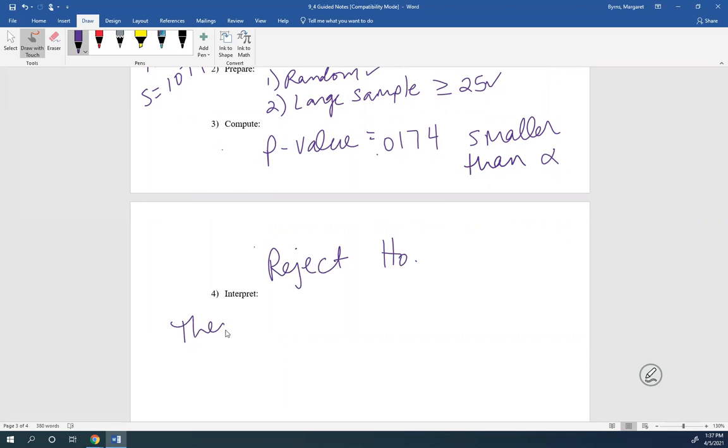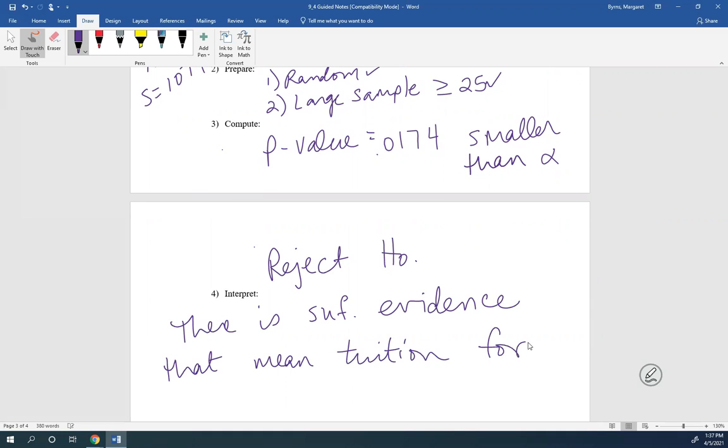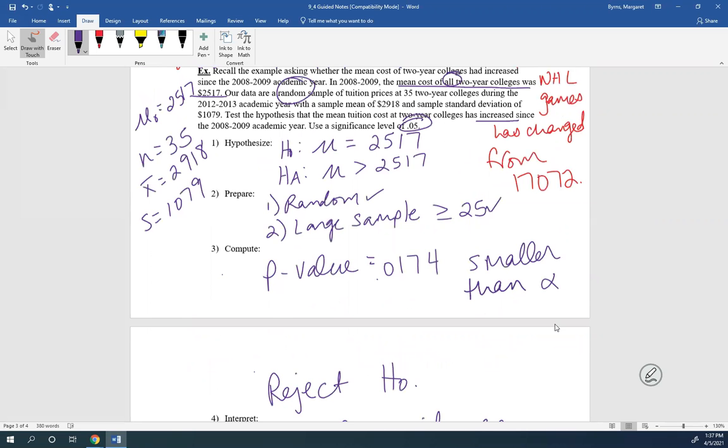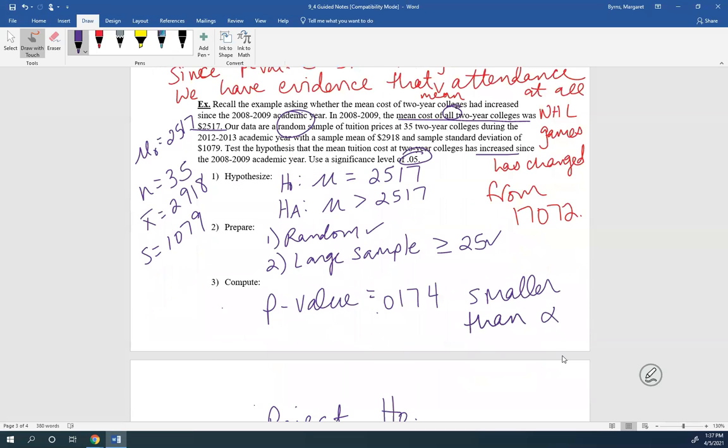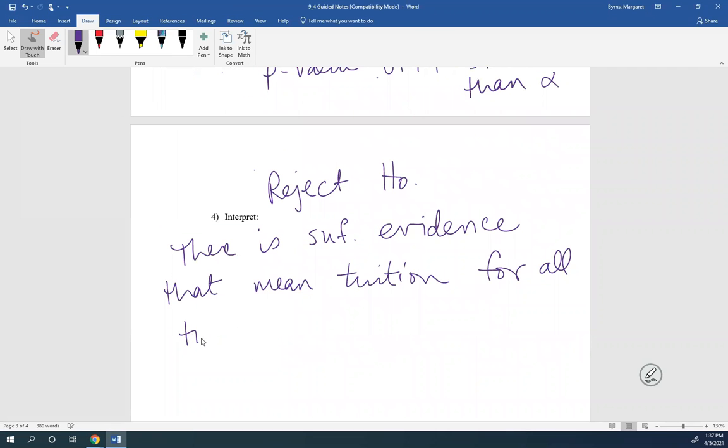That means there is sufficient evidence, probably no surprise to you, tuition has gone up, sufficient evidence that mean tuition for all, I can go back and reference your population. Who are you talking about? You're talking about all two-year colleges this time. So all two-year colleges has increased